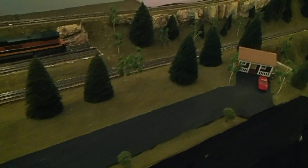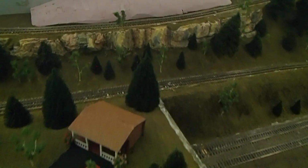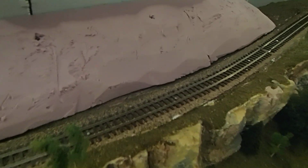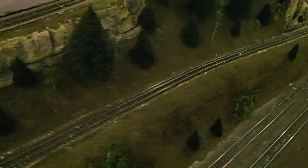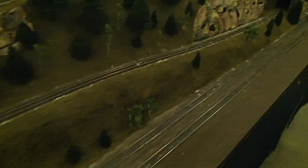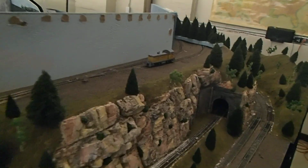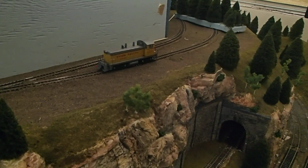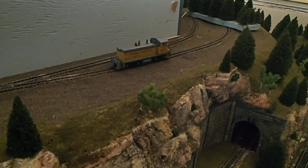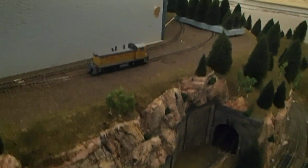So then we're still going down the side here. The HO gauge is underneath all of this, all the houses and road and stuff. And then the HOn3 is going up the hill. This is our access HOn3 gauge, dual gauge. And then our HO comes back out of the tunnel. And we have a switcher up there that's been converted to N3 gauge. It used to be HO gauge. It's an old Athearn blue box, but we've narrowed up the wheels and converted it,